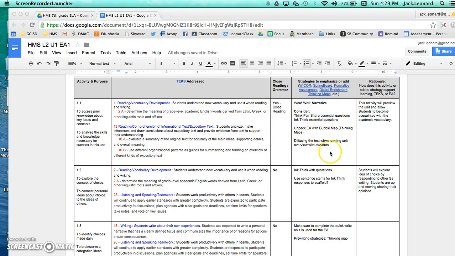Of course, you could just use these strategies as noted on the side of the TE, but if you have something else up your sleeve that you want to use, this is the place to really put that into action. For example, in 1.2, my team, we've decided we're going to use an ink think on the walls in the room to get those kids out of the book, out of their seats, but still accessing the knowledge that is